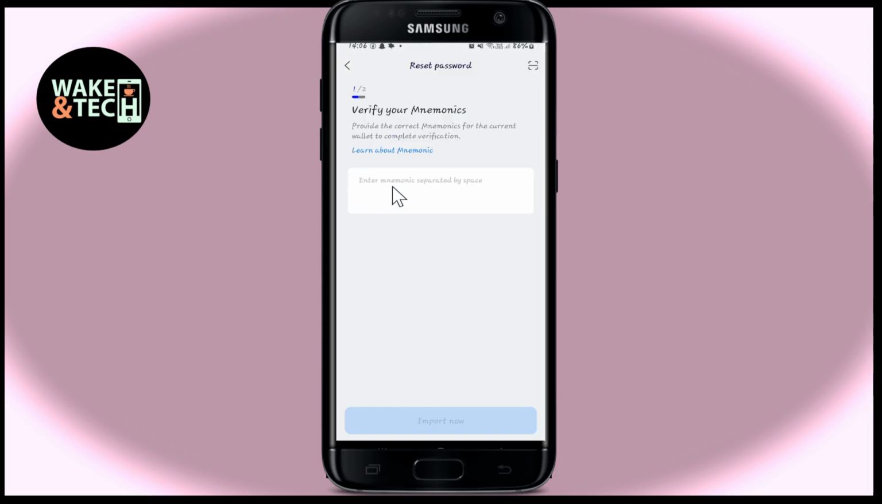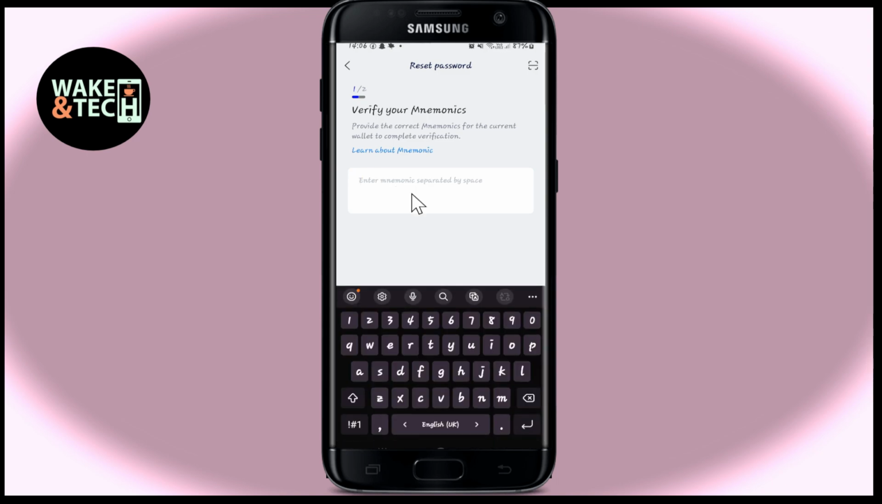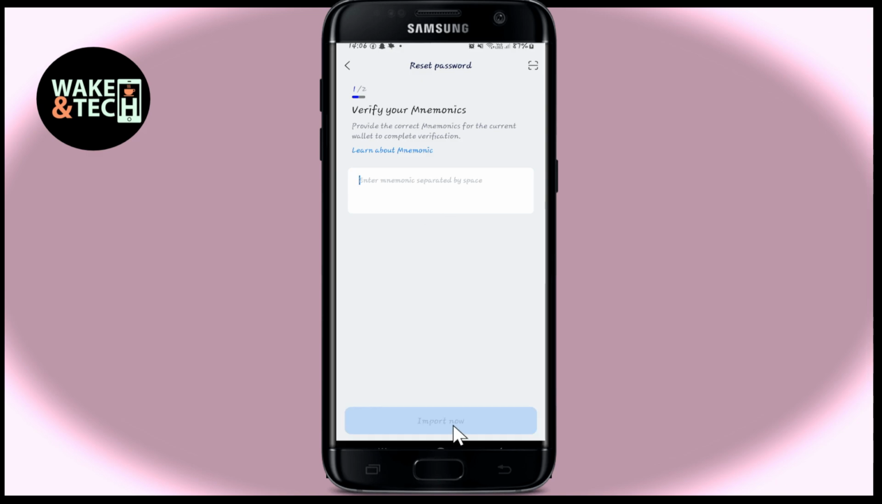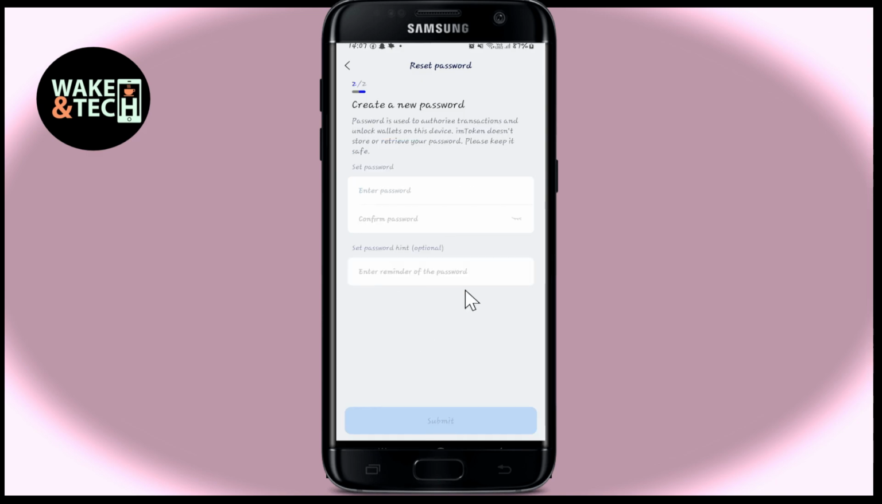You will now be asked to enter the 12-word recovery phrase that was provided to you while creating your account. So go ahead and type in these phrases and then tap on the Import Now button. When you tap on this button, after entering your mnemonic phrase, you will now be allowed to create your new